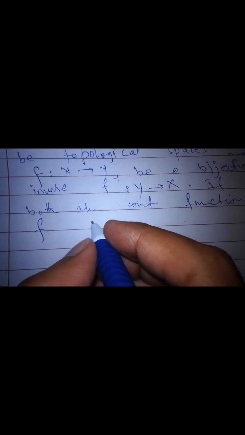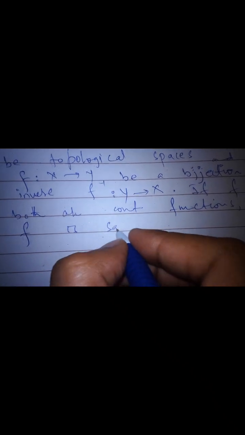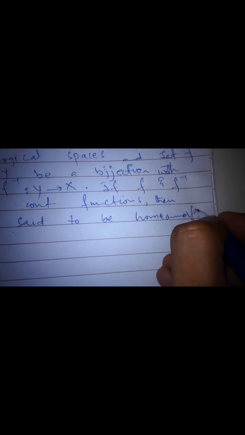both are continuous functions, then we can say f is said to be a homeomorphism. Basically, a homeomorphism is a continuous function between two spaces. If there exists a homeomorphism